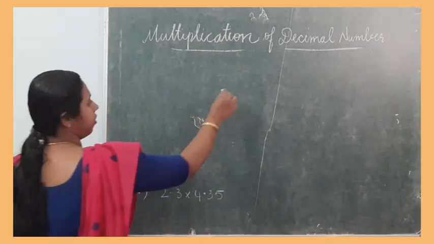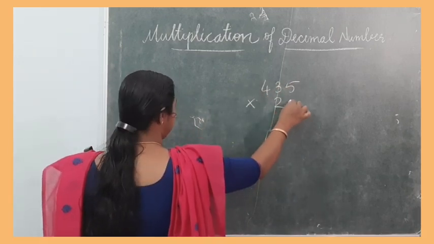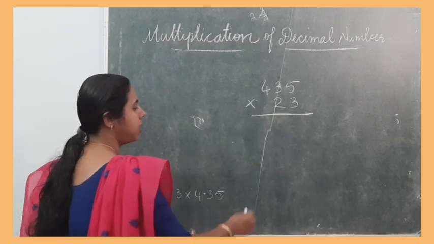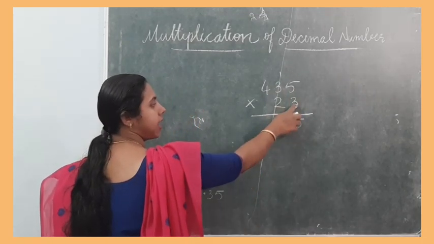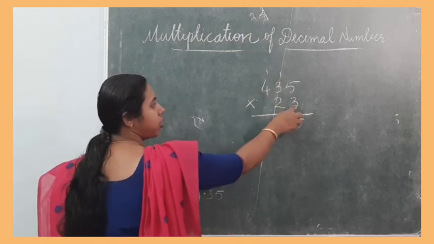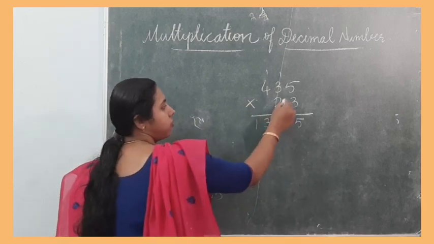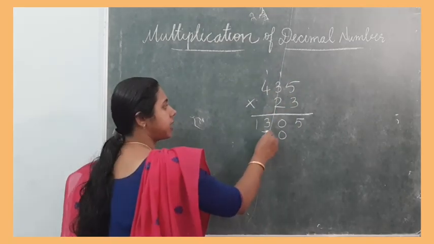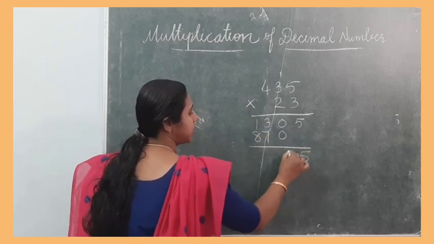It will be 435 into 23. Ignore the decimal point and multiply them as a whole number. So it will be 5 3s are 15, 1 is carryover. 3 3s are 9 plus 1, 10, 1 is carryover. 4 3s are 12, 12 plus 1, 13. Then 2 5s are 10, 1 is carryover. 3 2s are 6 plus 1, 7. 4 2s are 8. So 5, 0,